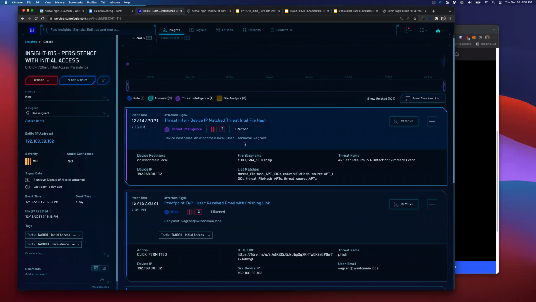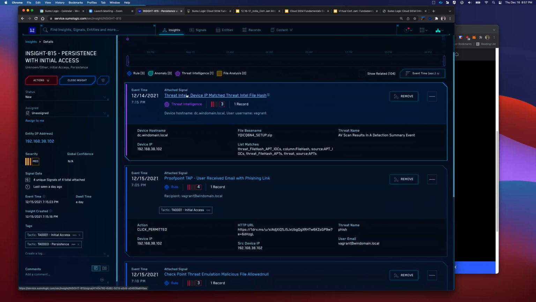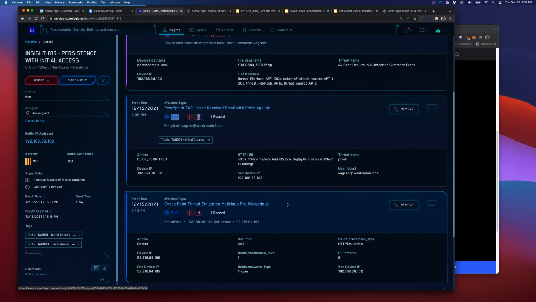And now what we see is what occurred. We see these different events. A device IP matched a threat intel file hash. A user received an email with a phishing link. Checkpoint found that a malicious file was allowed.